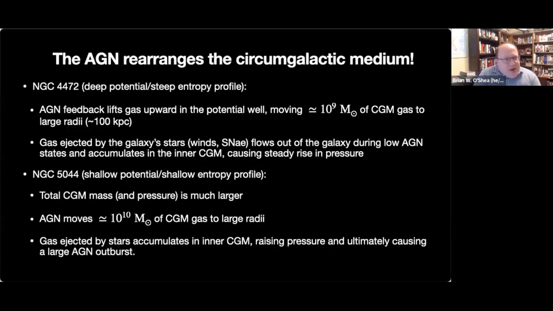The big takeaway from here is that these simulations back up this analytic work, that the AGN really rearranges the circumgalactic medium. Don't worry about all the words, but the key point is that we saw in these simulations, AGN feedback takes the gas in the CGM and moves it outwards. That reduces the density of gas in the center of the galaxy, and drops the AGN feedback. So we see evidence that there is this thermostat-like regulation mechanism.